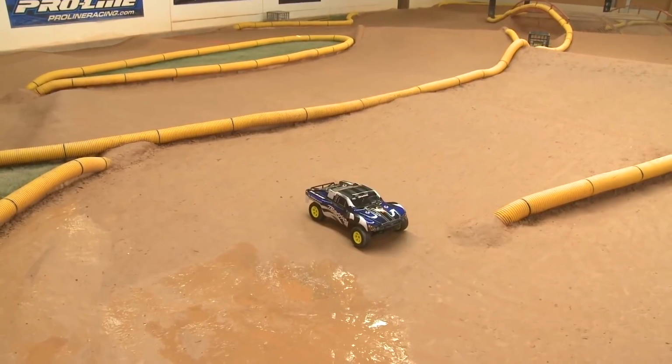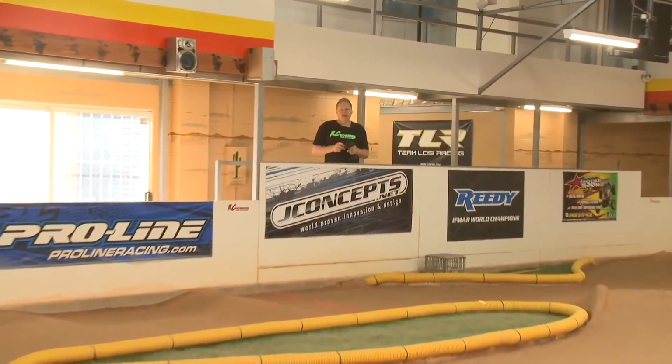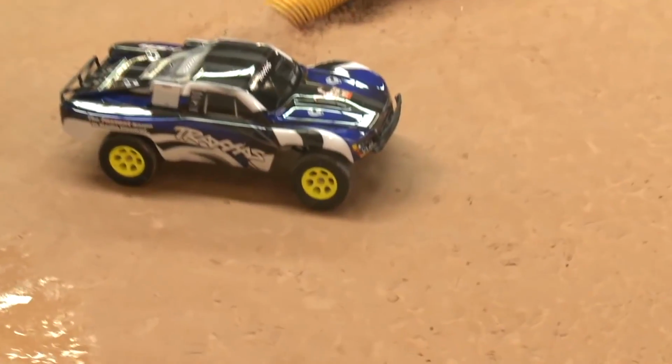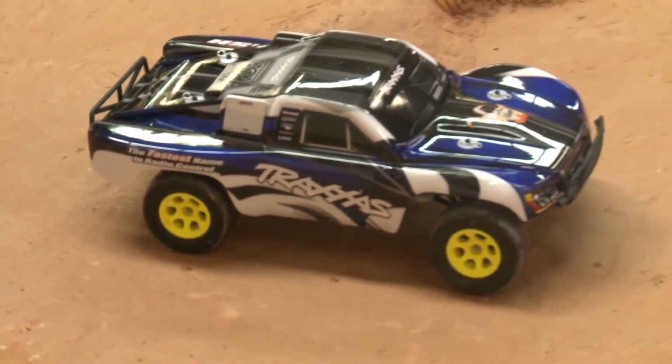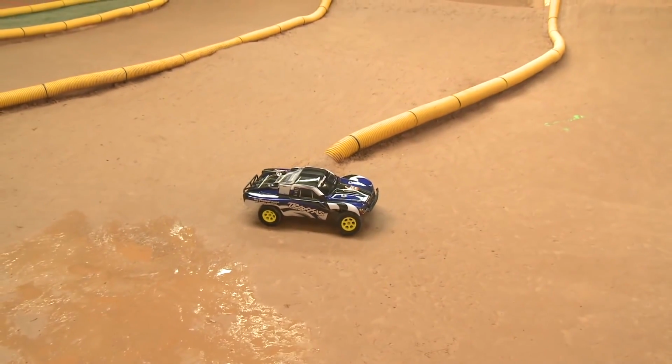This is our 975 Traxxas Slash with our MXV remote. Now we're on an indoor clay track. If you look at the wheels on the car, they're a set of racing slicks. So if you bring your Slash down and you want to give it a race, the slicks are the much grippier tyre. So this is out of the box, as we sell it, just with a set of slicks on,